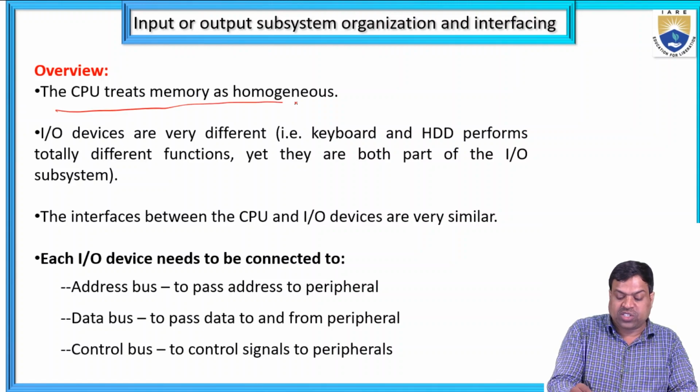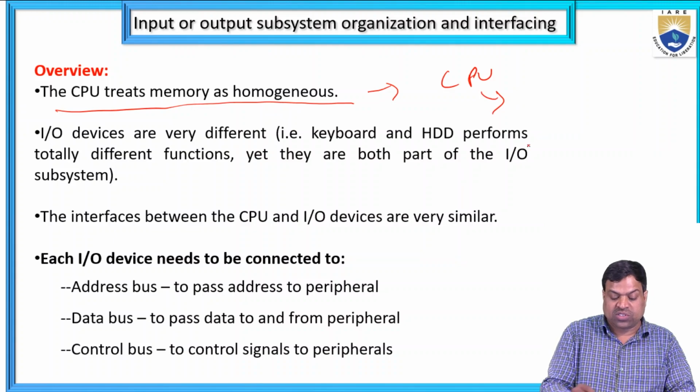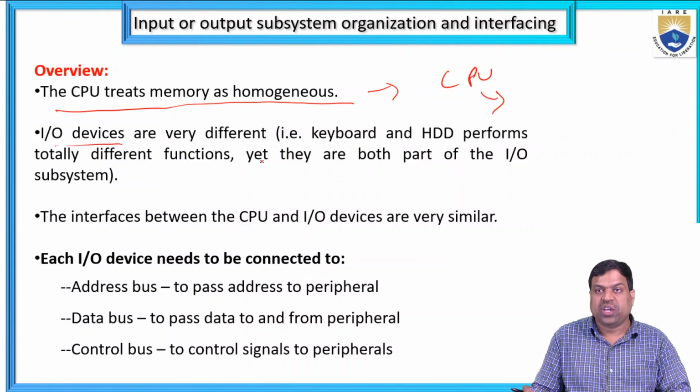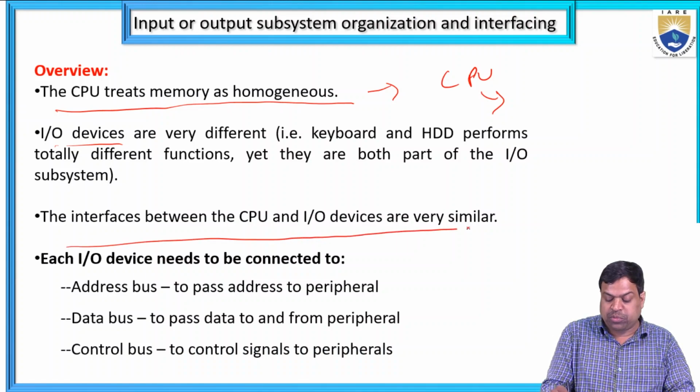So the CPU treats the memory as homogeneous. Input output devices are very different. That is, keyboard and HDD perform totally different functions, and they are both part of the input output subsystem. The interfaces between the CPU and input output devices are very similar. So interfacing is